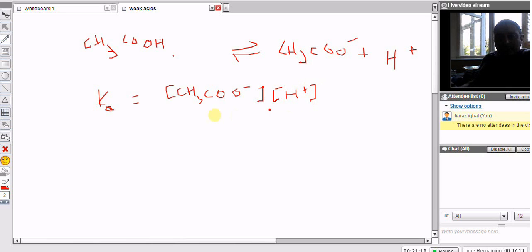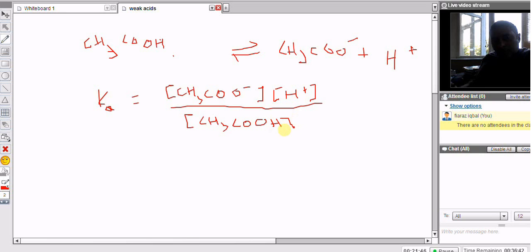Let's put a line under it. Let's see how neat I am. Hey, that's not bad. Underneath it we have the concentration of CH3COOH. Okay, so I'm going to make some assumptions here. Some quite sound assumptions. My first assumption